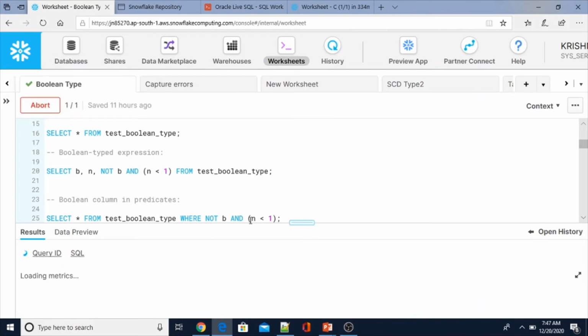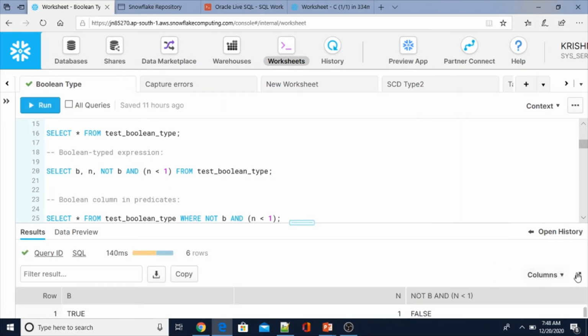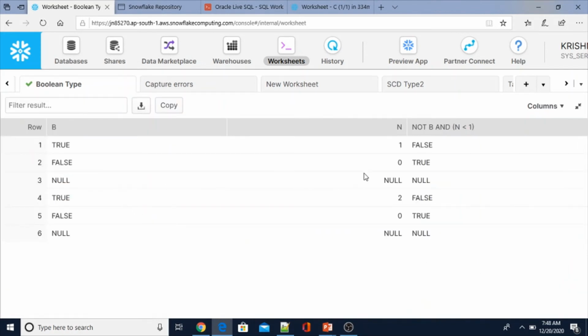Then we will see the output: 6 rows. See, not b and n less than 0. So all values came.